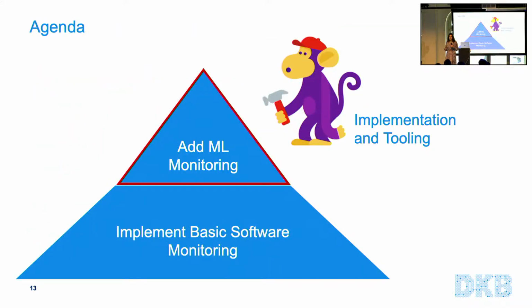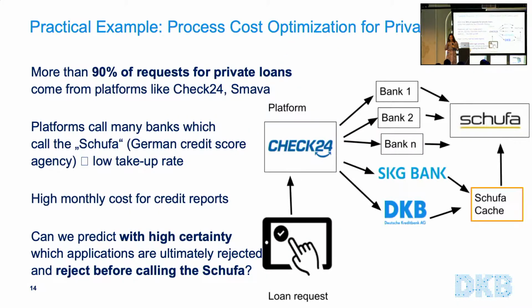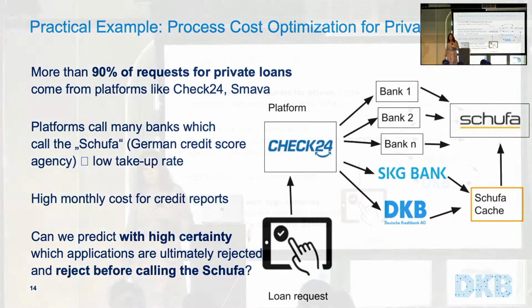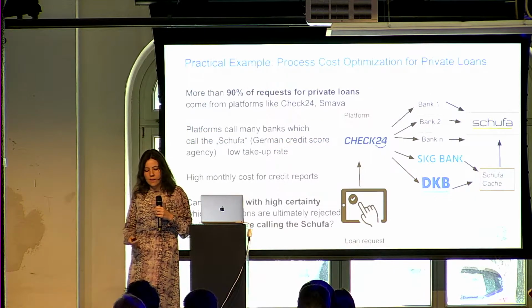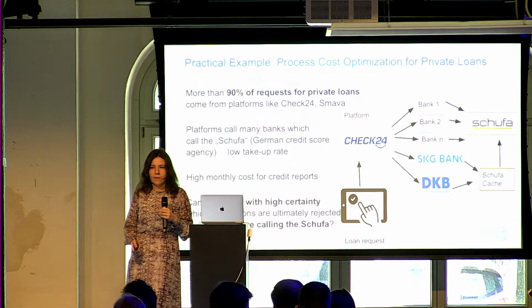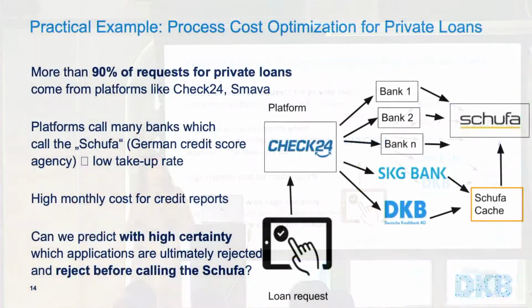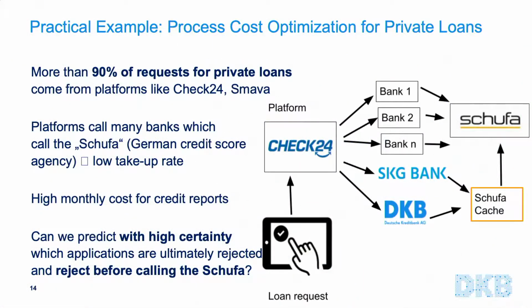Okay, so now that we are hopefully convinced that we need additional monitoring, let's talk about what we can do. I brought you a practical example from my current job. Here we're doing process cost optimizations for loan applications. A customer requests a loan on a comparison website: I want a new car, can I get 30,000? And the comparison website sends that to 30 banks in the background, and